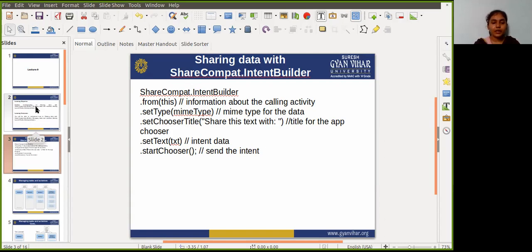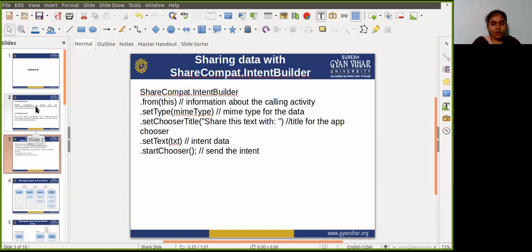So, for example, the intent filter matches data in the URL scheme. So you need to write either HTTP or MIME type, either video/mpeg or audio/mpeg.